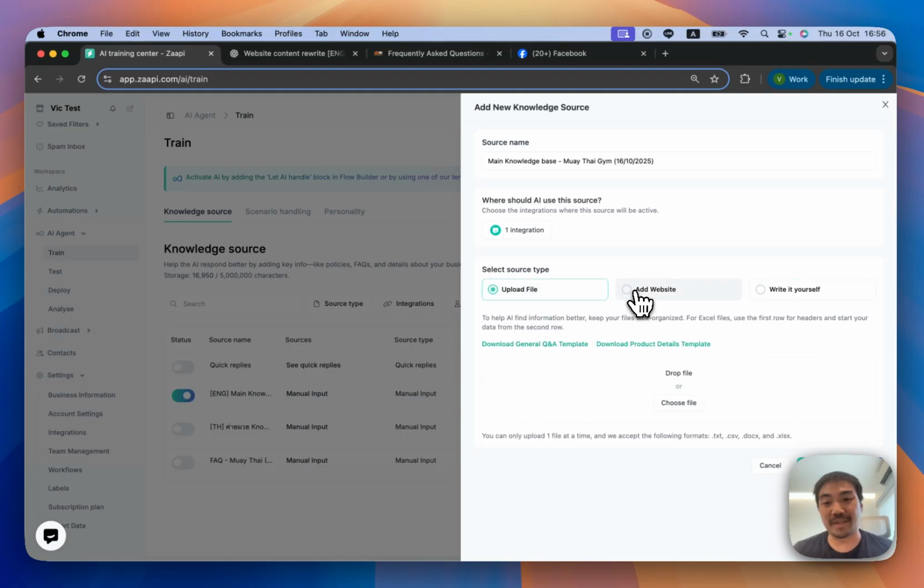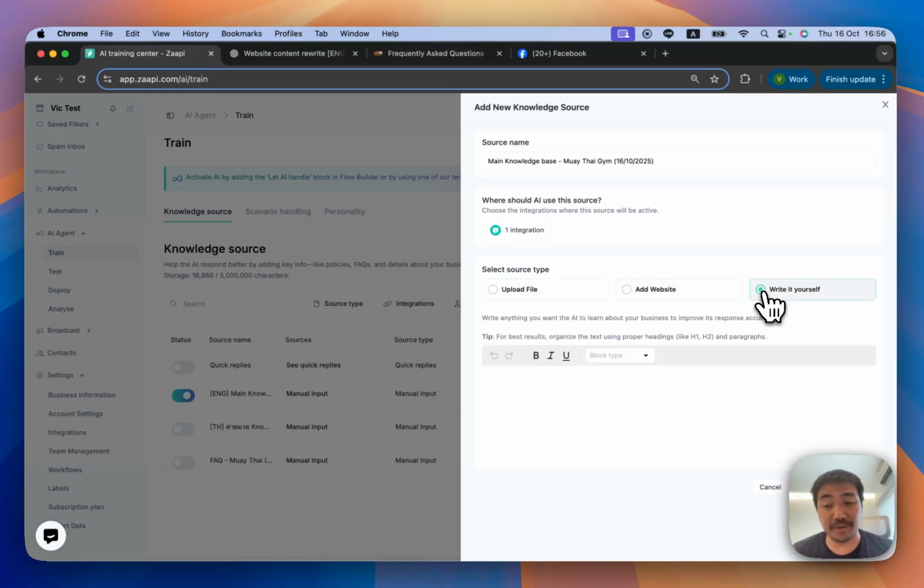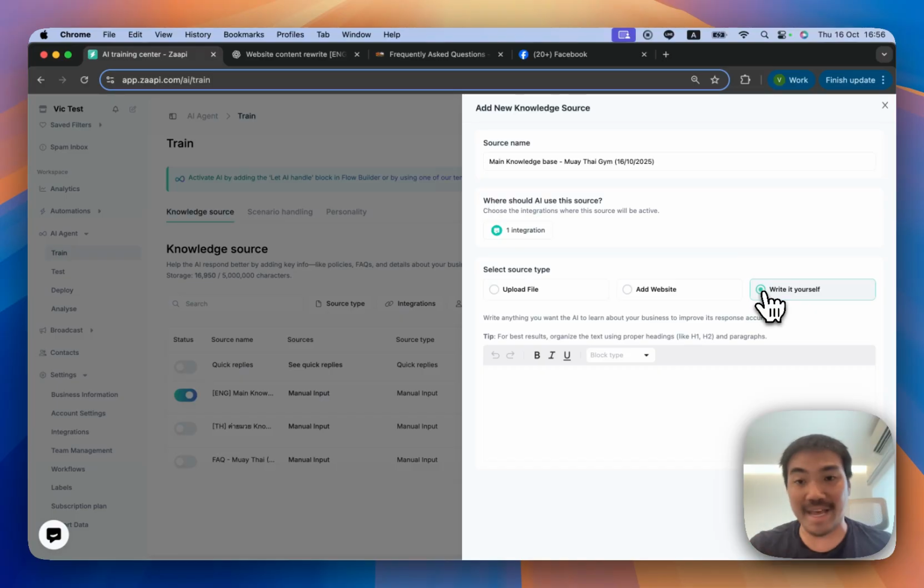You can upload a file, you can add a website. My personal favorite, and I always recommend it to people, is to write it yourself, because you can edit it very easily. When you upload a file, you have to re-upload the file, keep the file. When you scrape the website,